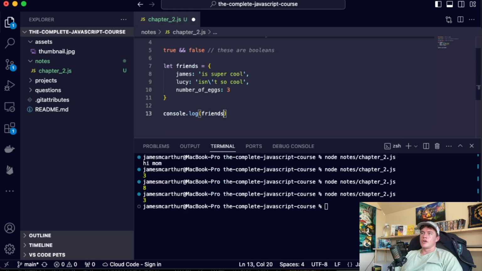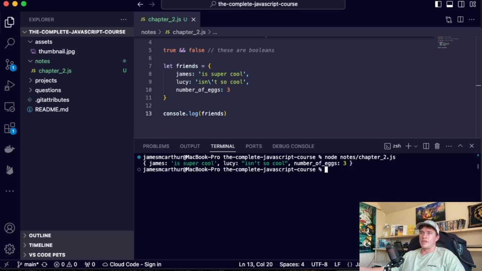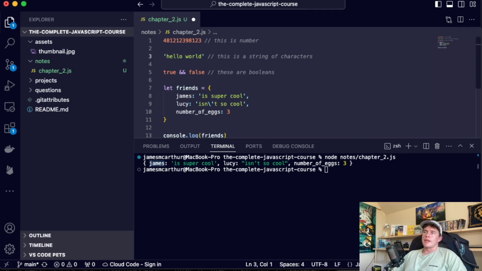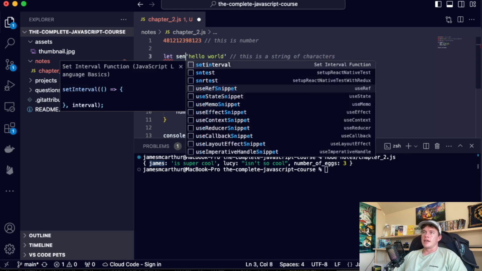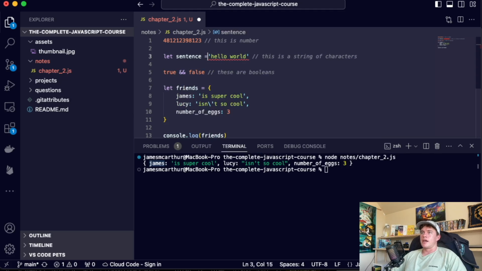Down here, I could console.log friends, and if we now go ahead and execute our file, we can see that it prints out our dictionary of key value pairs, comma separated. Should I remove the comma, it's unhappy. One other thing that we can do that's worth noting is if I did assign the value hello world to the variable sentence, I could actually come down here and set sentence as a valid value, and